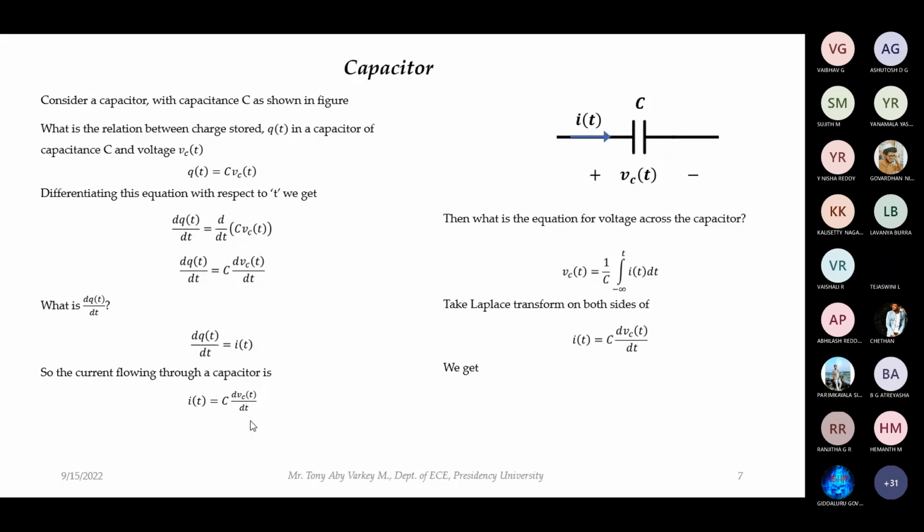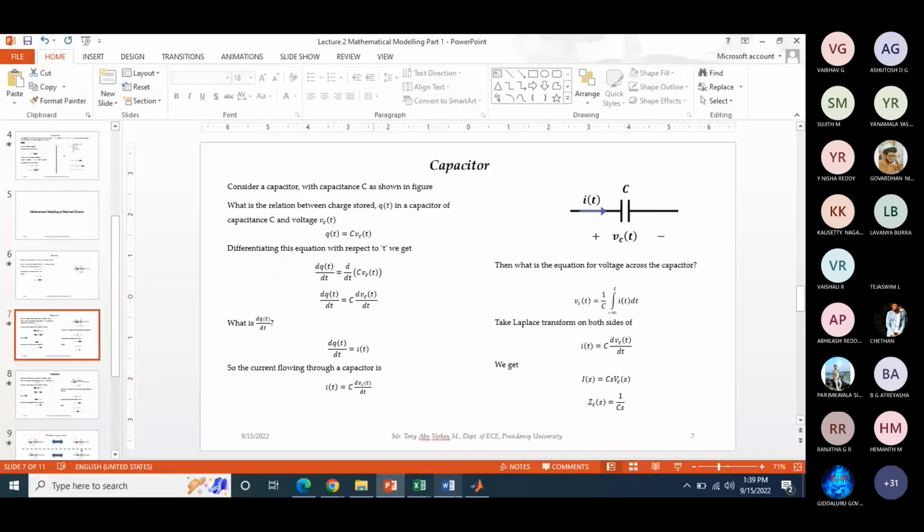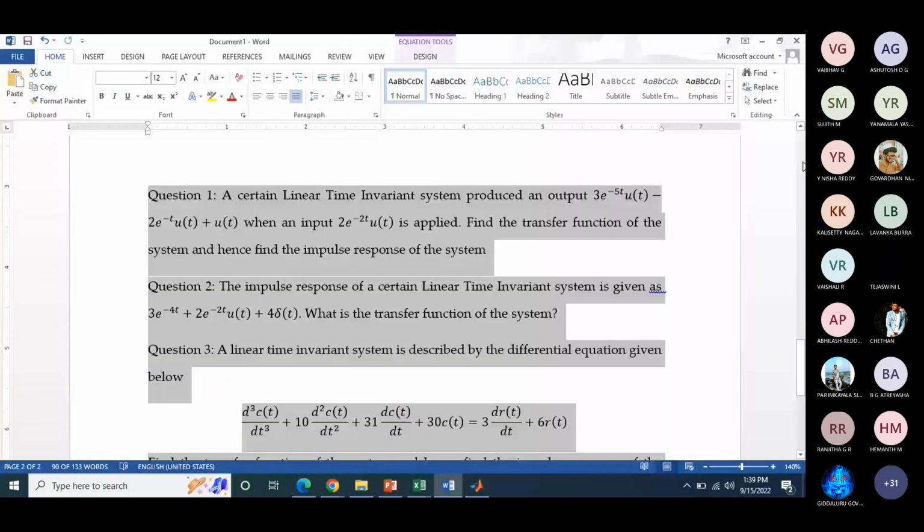X of t Laplace transform is x of s. Then Laplace transform of dx of t by dt will be s into x of s. Okay, I have written here. I will just show you. Okay, here. See,